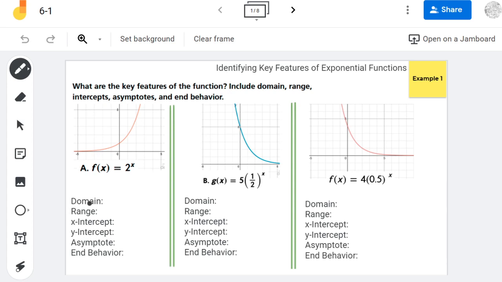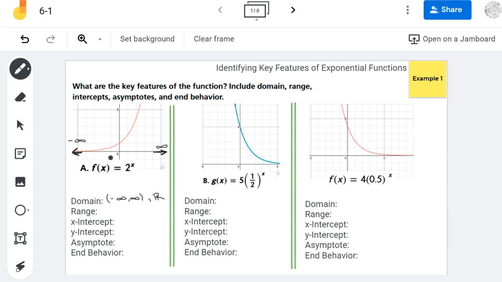Now remember, the domain of a function is all of the potential x values that could be plugged into that function. So if I take a look at this graph, I could see that this graph continues forever towards negative infinity and forever towards positive infinity, although it's kind of going up and out. So the domain of this function is from negative infinity to positive infinity, or all real numbers is another way to say that. And that domain is the same for pretty much every exponential function